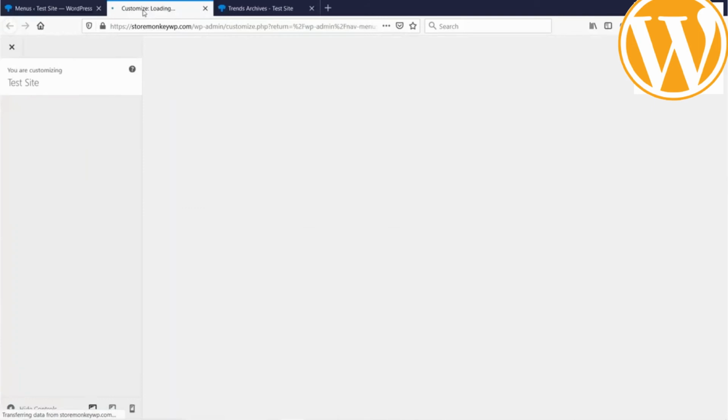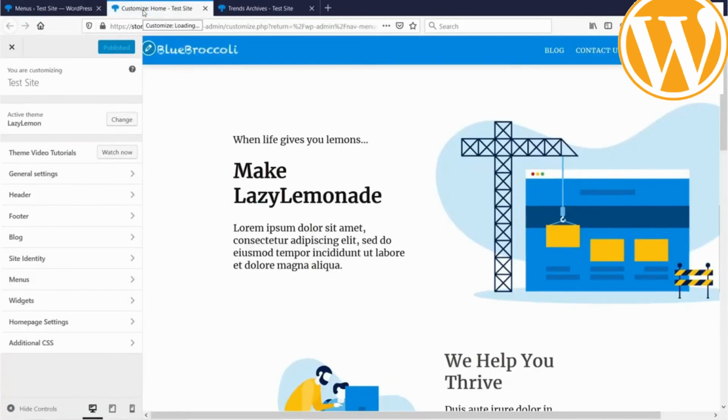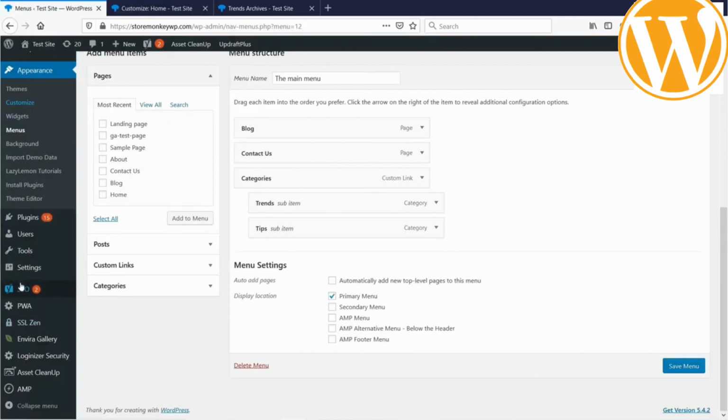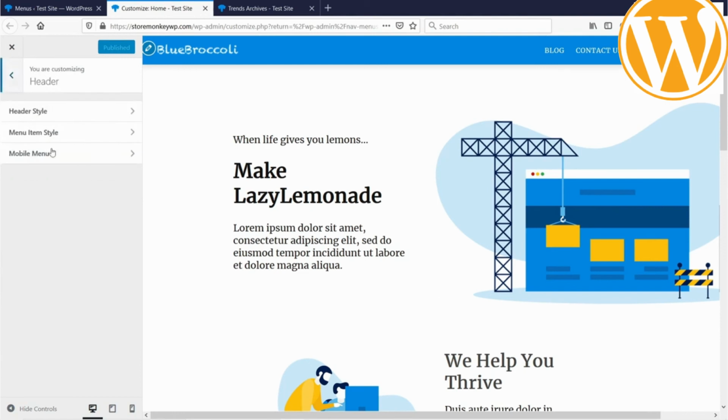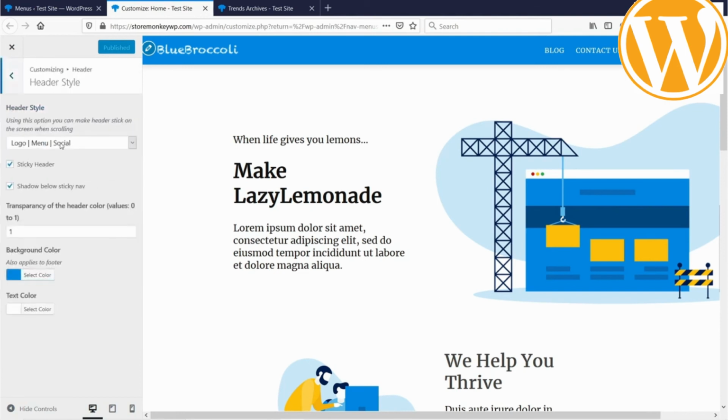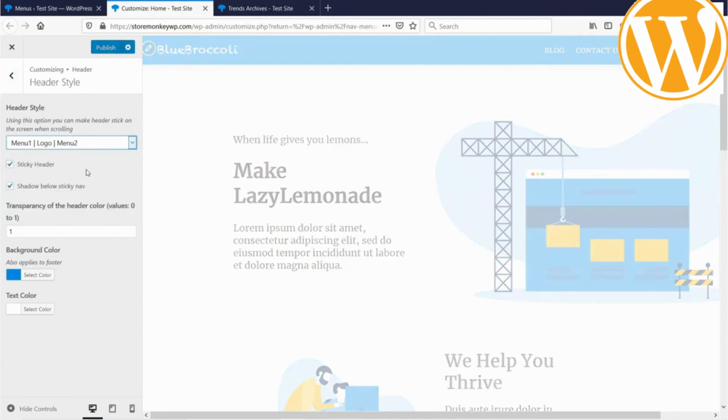If you want to learn another option, how to edit the menu or create the menu, here it is, number 2. Just go to Appearance and click Customize. This kind of tab will come in front of you. Just then click on Header, then select the header style where you want to place your menu items.